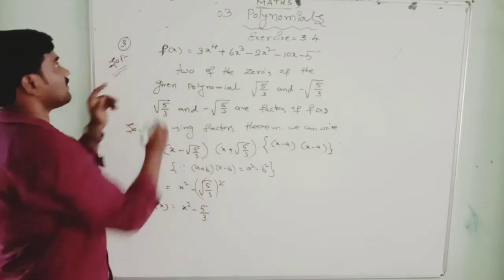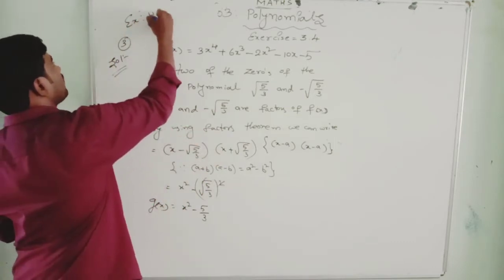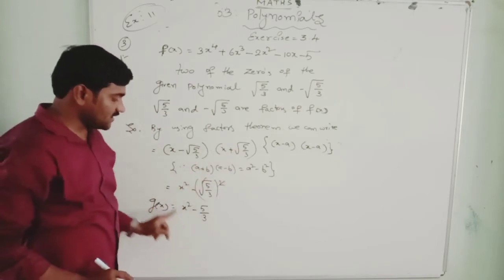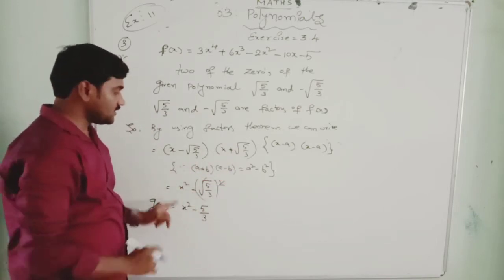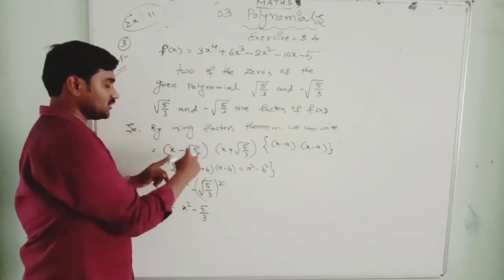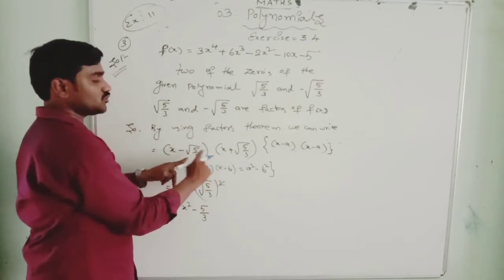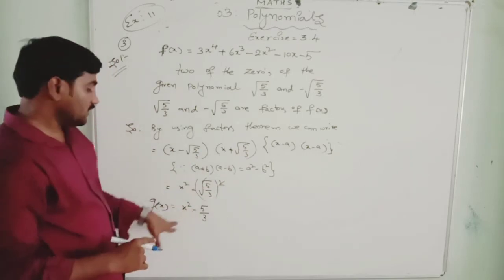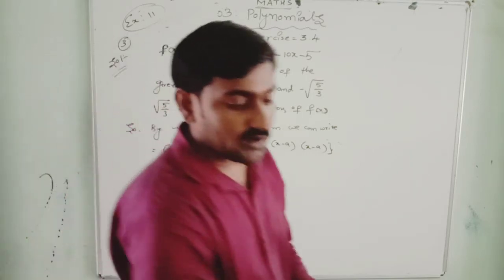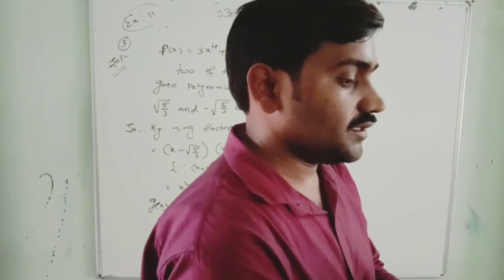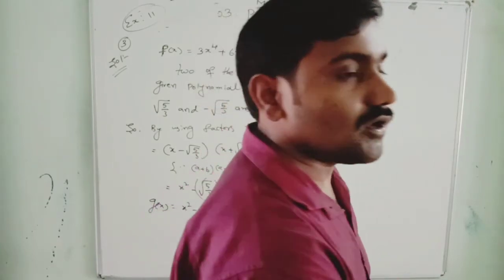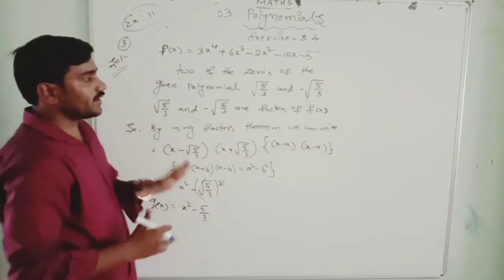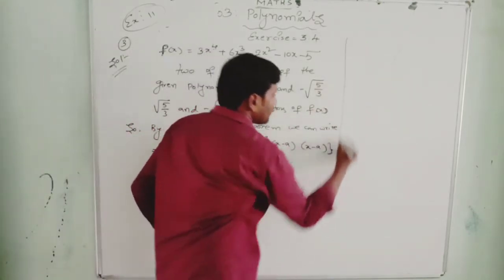If you refer to example number 11, you will understand. If you refer to example number 11, they will also write directly. Actually, the 2 and minus 2 they have substituted here: x minus 2 and x plus 2, x square minus 2 square, x square minus 4. They got it like that. Okay, root 2 and root 2 you have given, so x square minus 2 you will get. If you go through that example problem, you will understand.